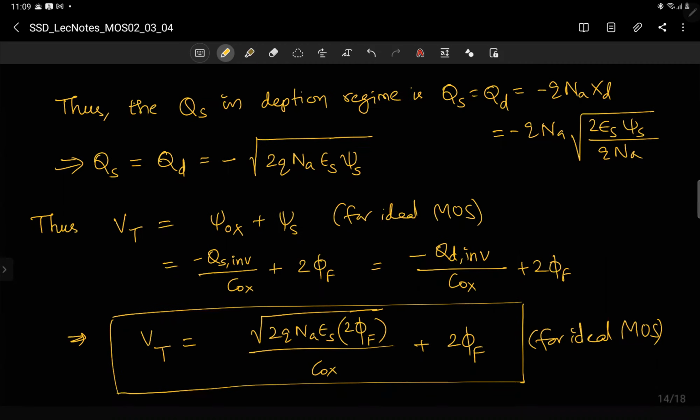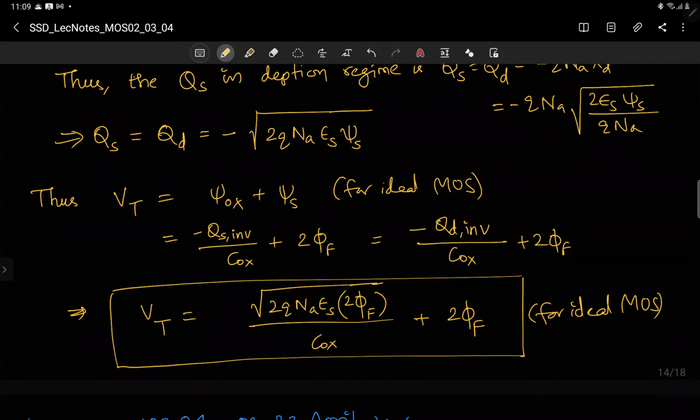So substitute QD inversion from here, where psi s you substitute as 2 phi f. In the QD expression, minus square root of 2q NA epsilon s psi s, you substitute 2 phi f for psi s. So this gives you a single expression for VT, which is what we wanted to do yesterday,